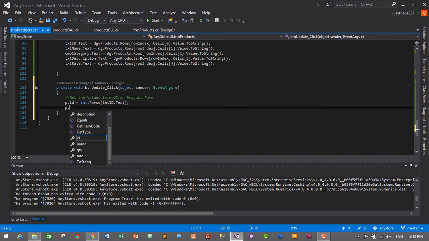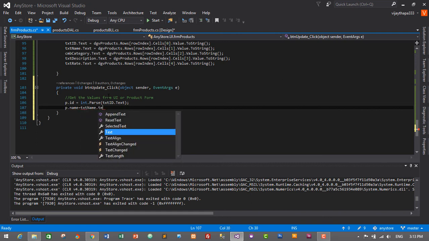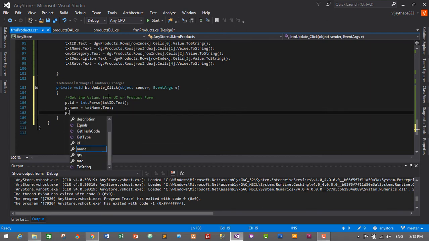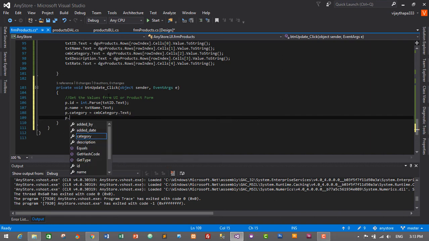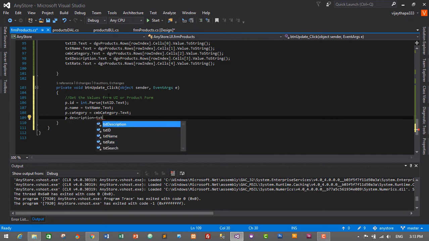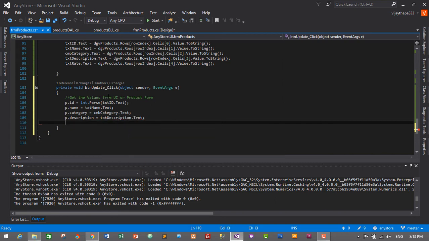Then p.name is equal to txtName.text, and then p.category is equal to cmbCategory.text, and then p.description is equal to txtDescription.text, and then p.rate is equal to txtRate.text, and this is a decimal data type and we need to convert it. So Decimal.Parse